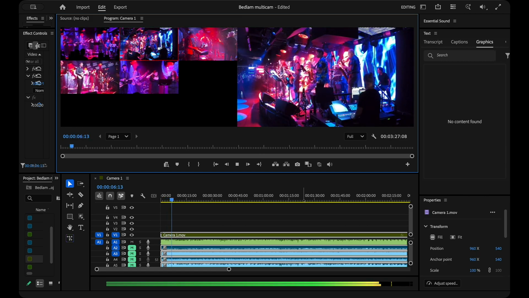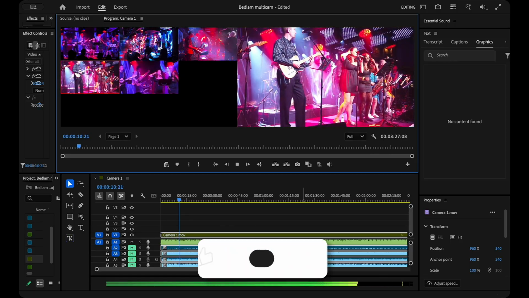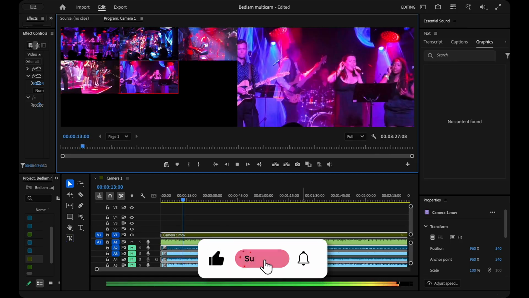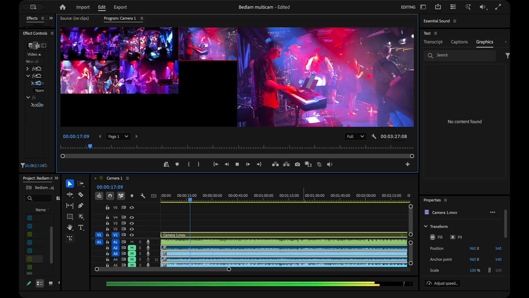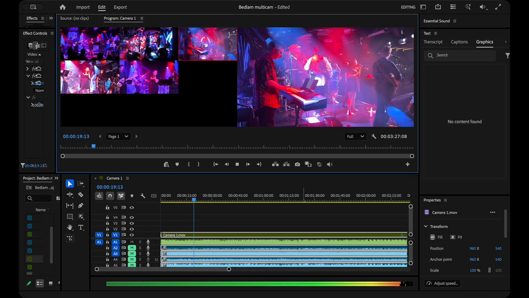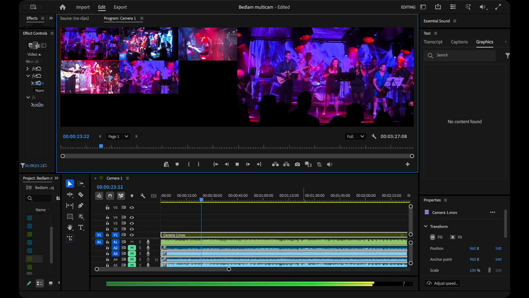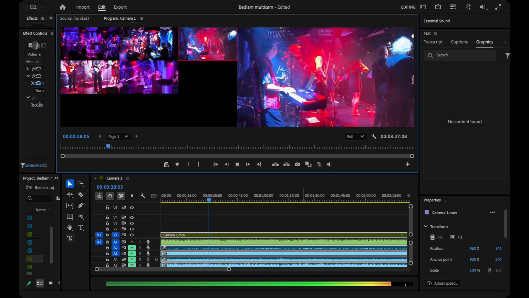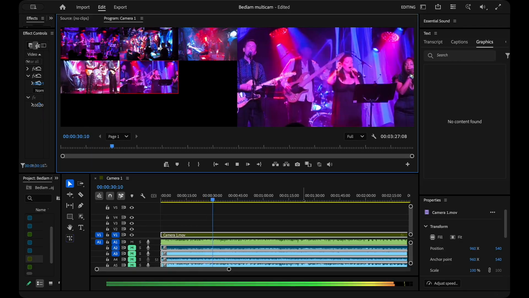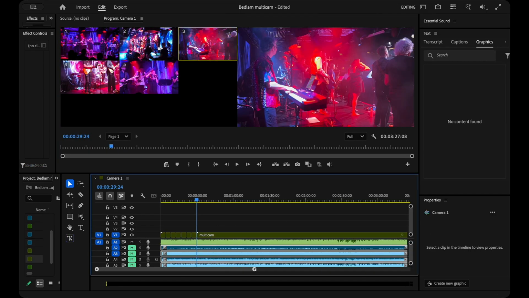So here I'm on camera 2, switching to camera 4, camera 5, the rear view camera 3, back to camera 1, camera 3 again, camera 5, and I'll stop there. I'll zoom in so we can see this more clearly.